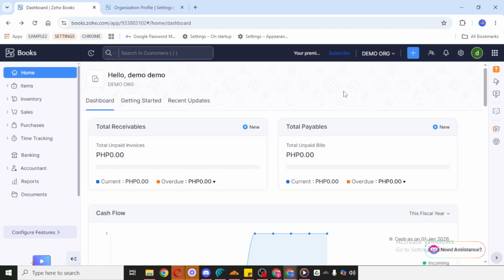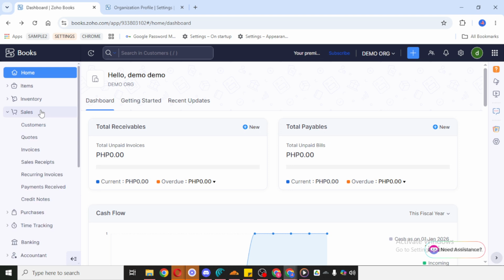Most of the tools you need are organized in the left-hand menu, which makes it easy to move between different sections of your business records. From there, click on Sales. This section is where Zoho Books keeps all of your customer-related transactions, including estimates, sales orders, payments, and of course, invoices. If you're trying to download invoice data for reporting, sharing, or record keeping, this is the right place to begin. After opening the Sales section, click on Invoices.